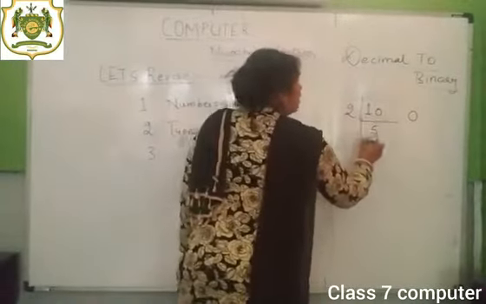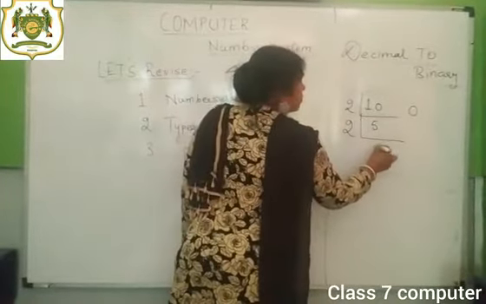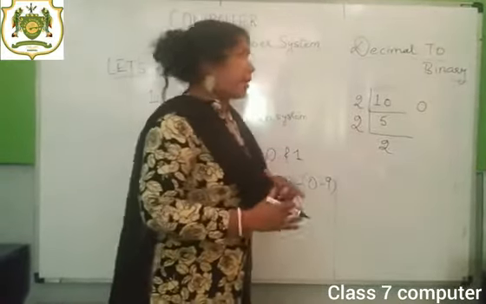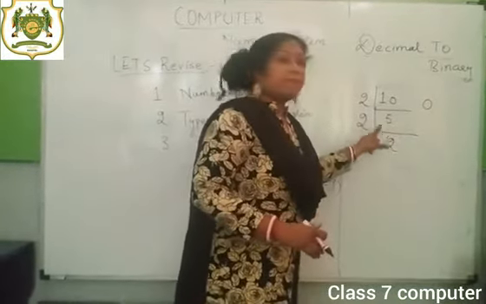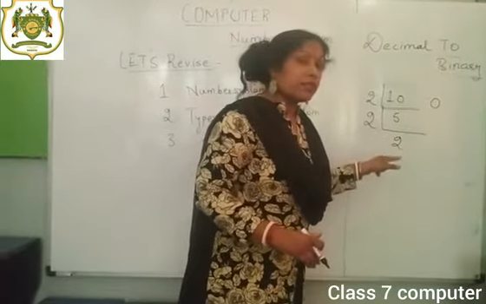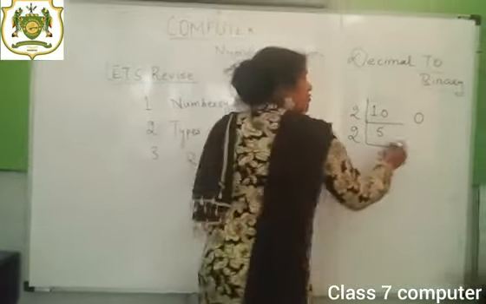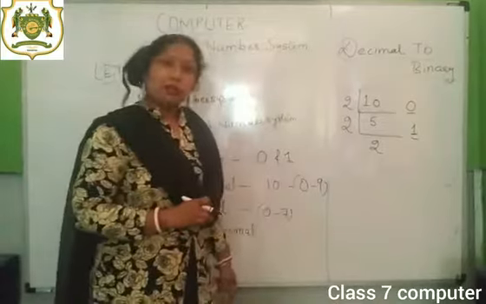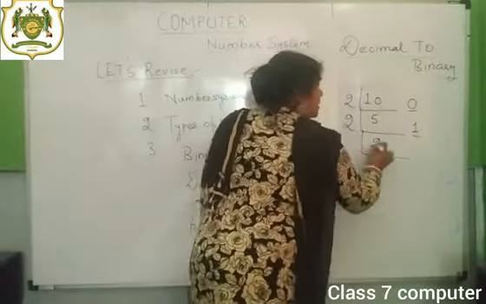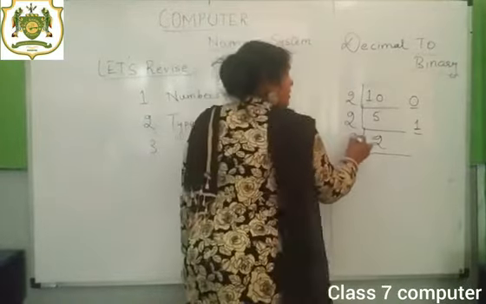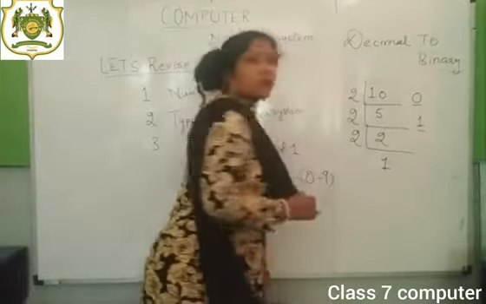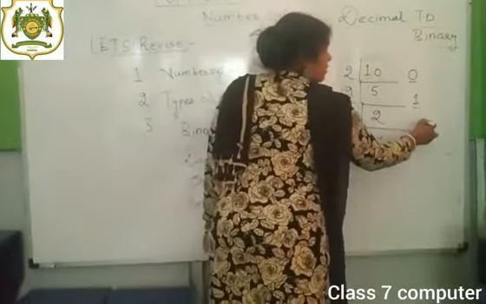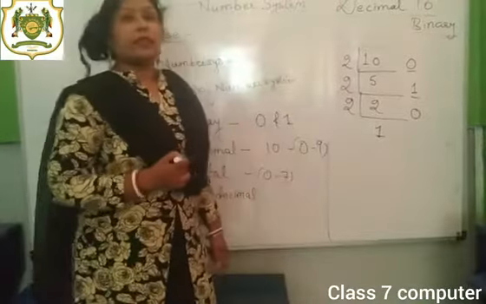Now, further dividing, 2 2s are 4. 4 I am not writing, but 4 we have to keep in mind. So 2 2s are 4 means 5 minus 4 equals, what is the remainder? The remainder is 1. So where am I going to write down the remainder? Here. I have written the remainder over here. Now next, again 2 is left. So again I am going to divide it by 2. 2 1s are 2. Now what is the remainder over here? The remainder is definitely 0. So where am I supposed to write down the remainder? I am going to write the remainder here as 0.